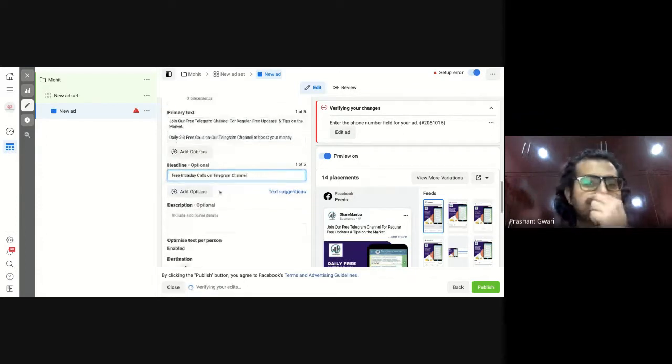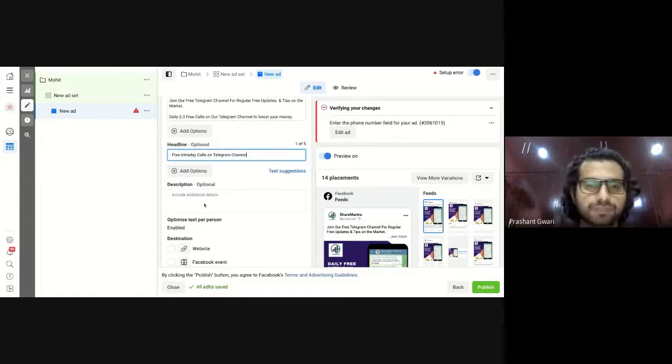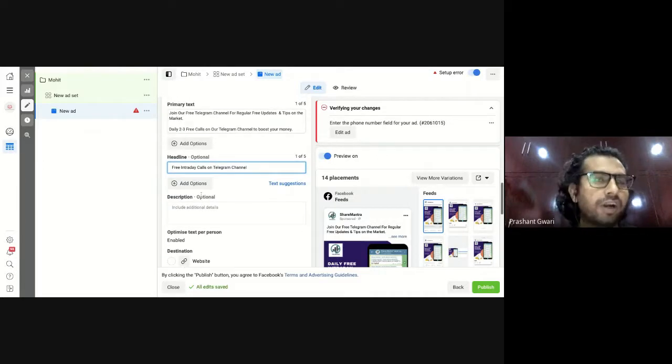So that is our headline. Now, if you want to add something extra, you can add it on the description part. If you want to say more, you can add it on a description part. So now that is the content part of your advertisement you are running, with image and your text.